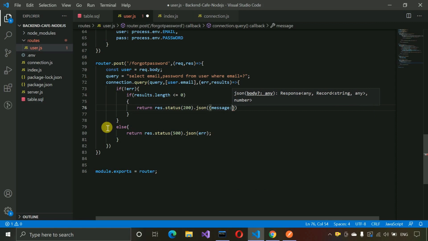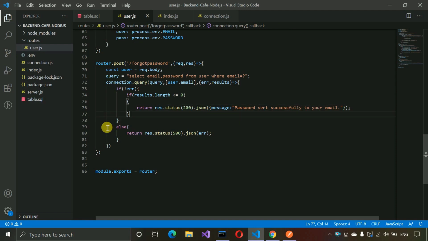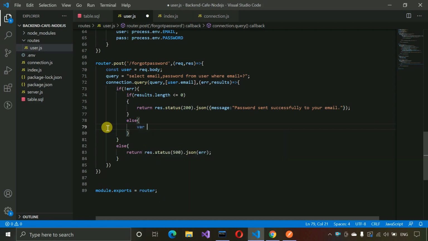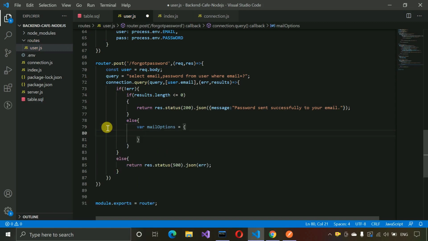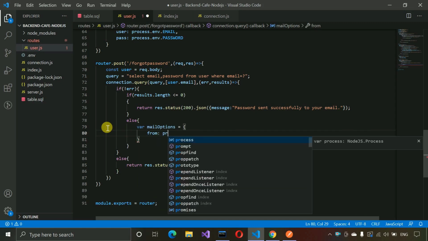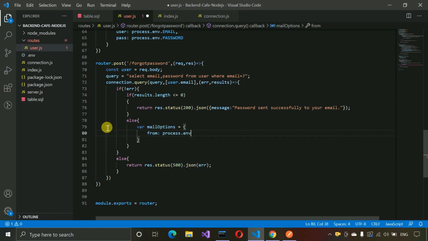Whenever we successfully send the message, we are going to return that password sent successfully to your email. We are going to return this message. And in else condition, we are going to send actually mail options equal this one, and from process dot env dot email